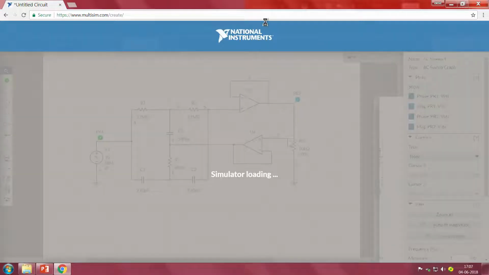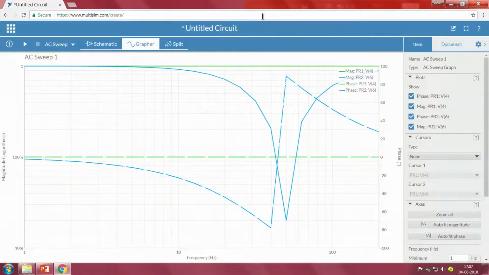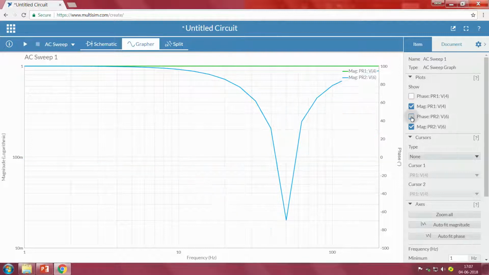When we start our simulation and look into the graph, one thing is clear if you observe: it has two different plots, phase as well as magnitude, for input and output. Since we are not interested in the phase, we just look into the magnitude. If you see, the output as well as the input have the maximum magnitude of 1, right.